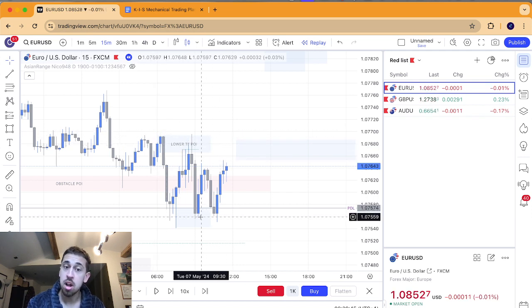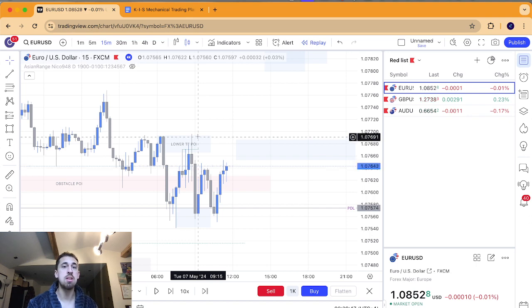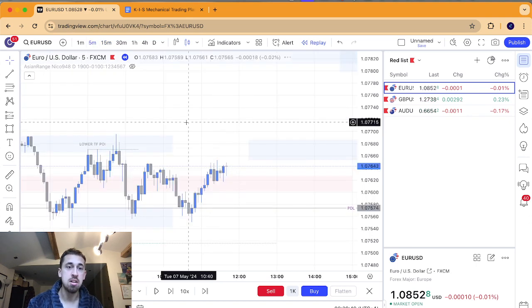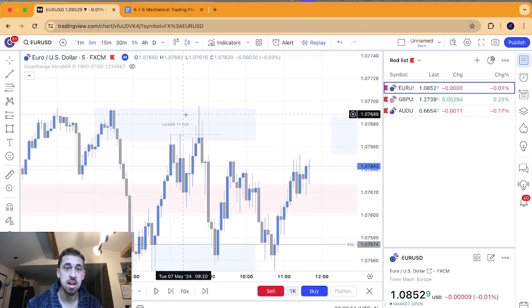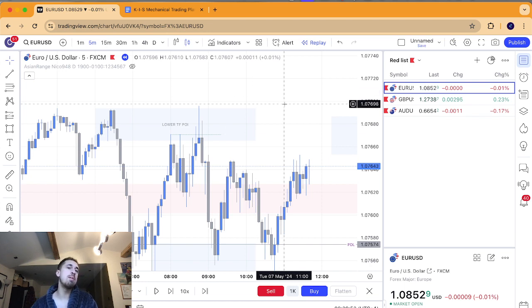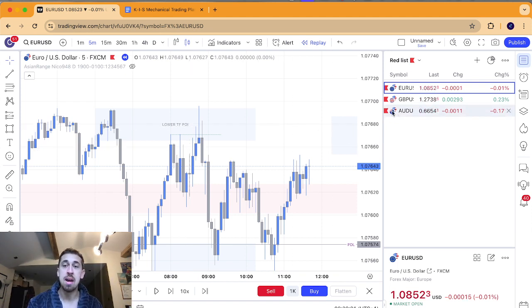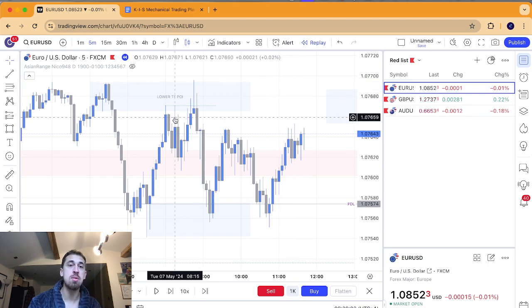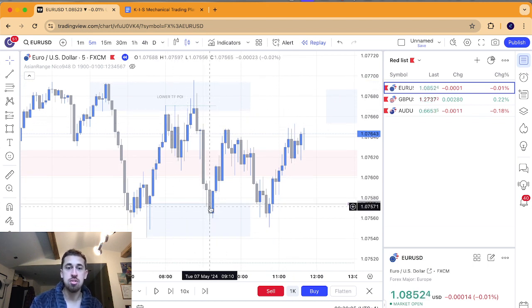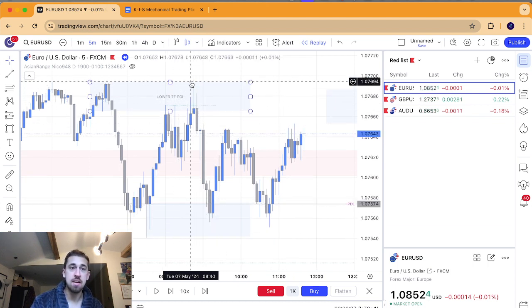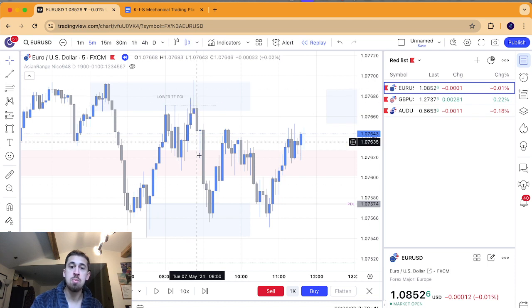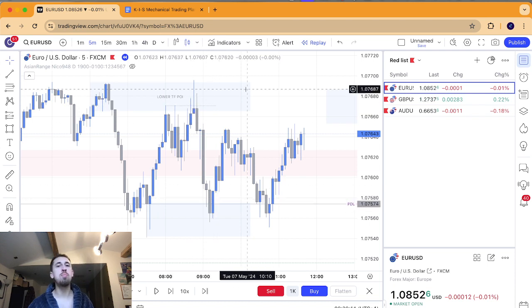So I could have still taken that as a win, realistically. Yeah, I jumped in too early here. Maybe the liquidity wasn't clear enough. I think I kind of rushed that one because I thought I knew what was going to happen, but obviously I didn't. But as you can see, just by drawing these POIs out, even if I just took that and went down to there, the problem is